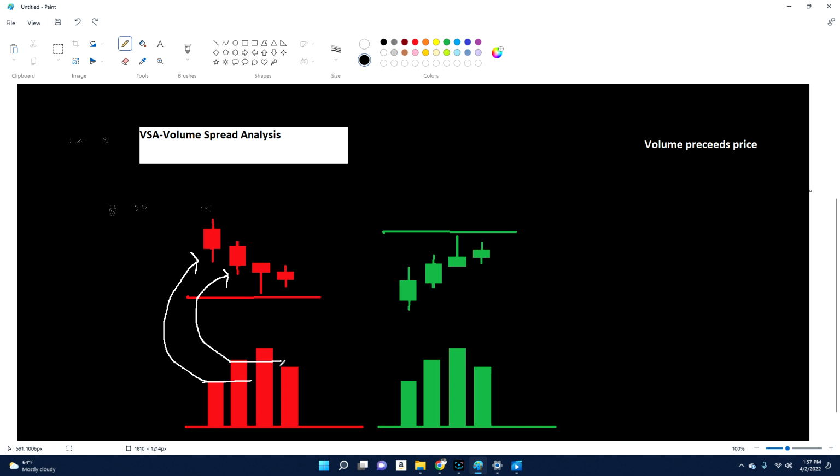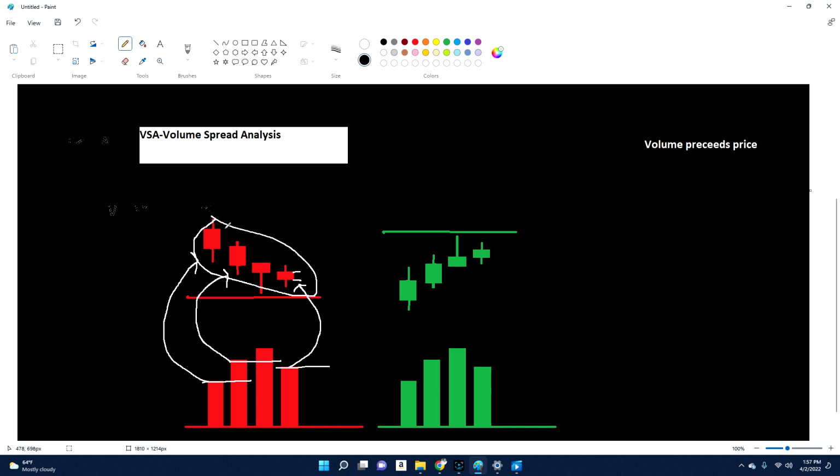Then they don't give up. They still give you another push. They try it one more time. And here they practically get a doji candle. Okay, the price is practically the same from the open and the close. Okay, that's a doji. So now what happens is you have a story to tell. You have a 4-candle story to tell.